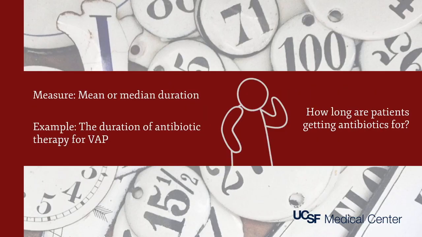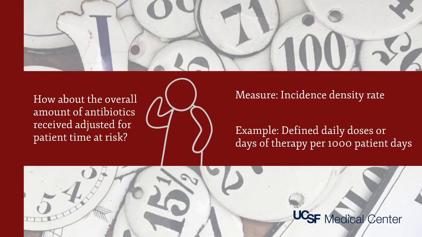If you're less interested in the start of antibiotics and more in their finish, you can examine the mean or median duration of antibiotics for all causes or for a particular infection. Obviously, both of these contribute to the total amount of antibiotic use, and so a commonly used metric is the incidence density rate of defined daily doses or days of therapy per 1,000 patient days. Adjusting for patient days allows comparisons between time periods and across institutions and services with different numbers of patients and